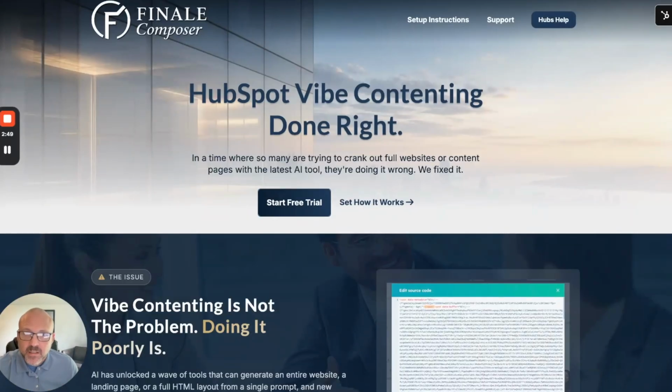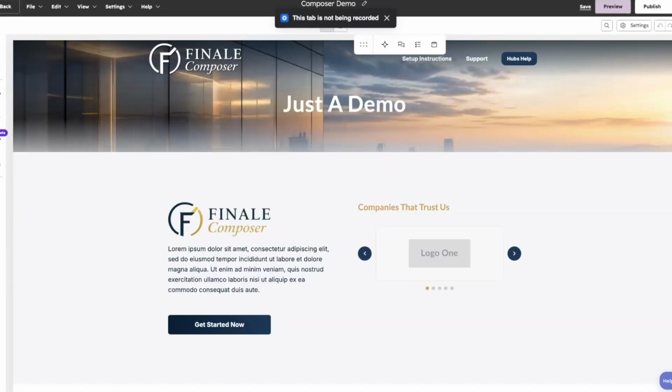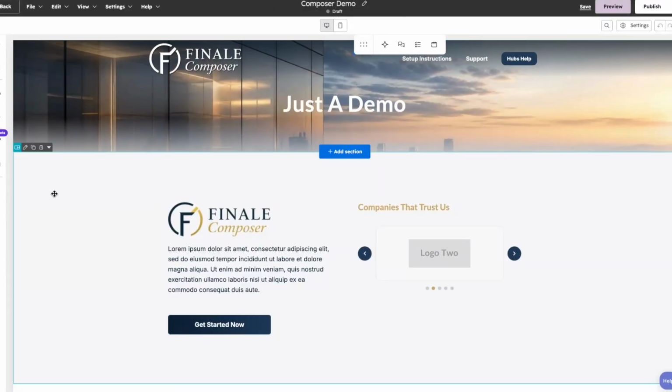So let me flip to this tab. So now I'm in the editor, just on this demo page. The app will allow you to generate code inside a module container that plays nicely with your theme. That's the base